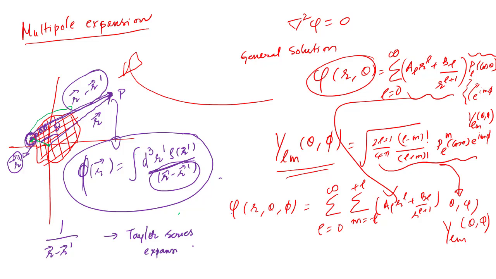We're going to do a similar thing here, but we're going to do that using the spherical polar coordinate solutions. So to do that, we are going to consider this function 1 over r minus r prime, which is what we Taylor expanded. We performed a Taylor series expansion for studying multipole moments, and now we are just trying to look at it